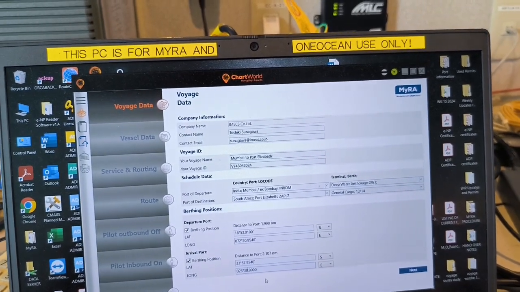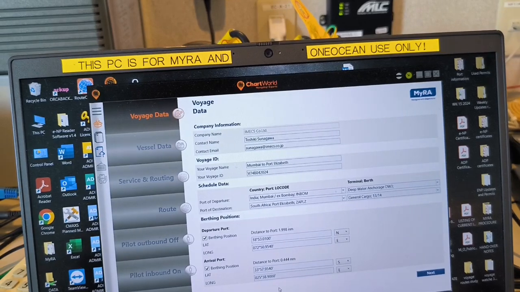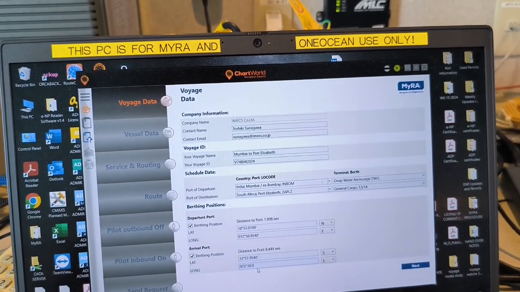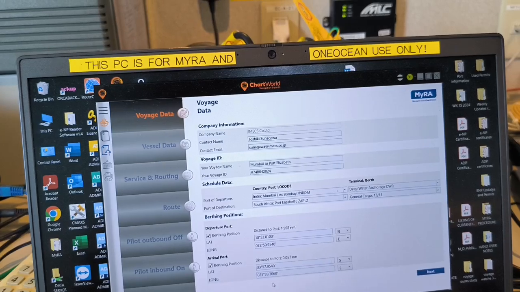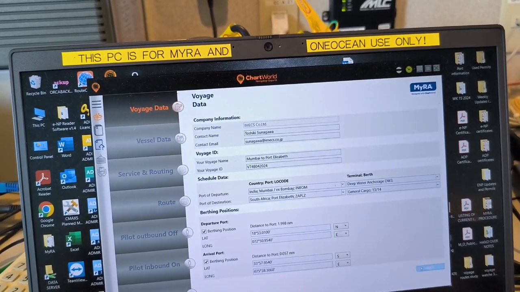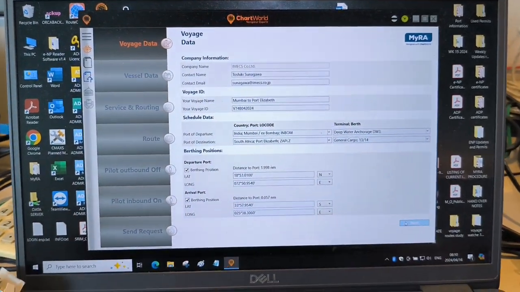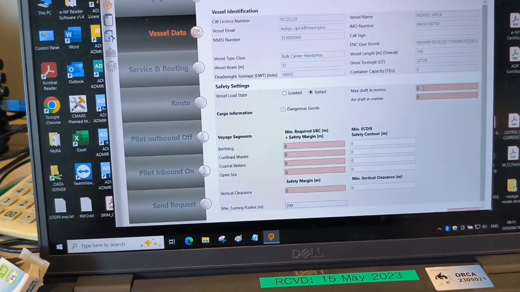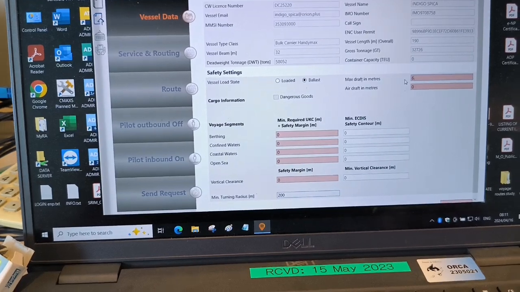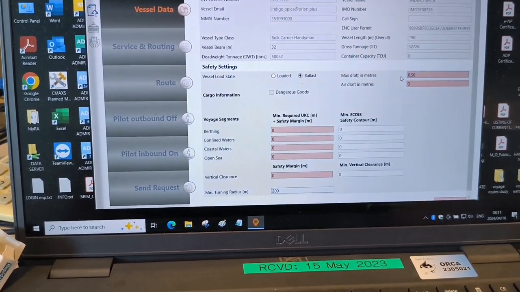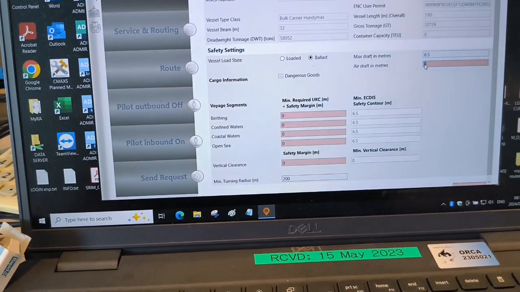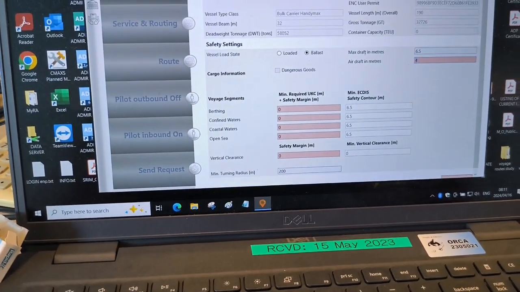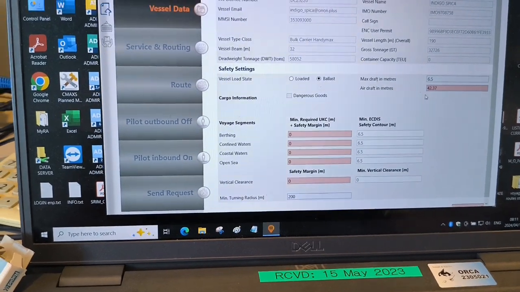Eight .306. Next, then ballast max draft 6.50, 32.37 air draft.